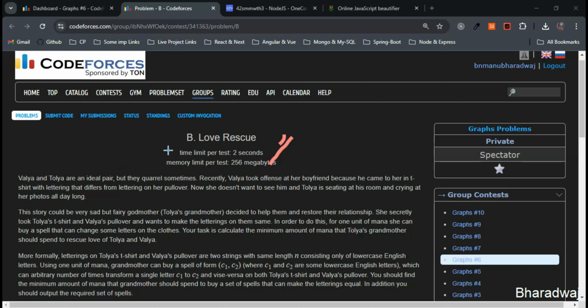Valya and Tolya have mismatching letterings on their pullover and t-shirt respectively. Tolya's grandmother wants to make the letterings identical by casting spells. So Tolya's grandmother wants to make the letters identical on the t-shirt and the pullover of Valya and Tolya